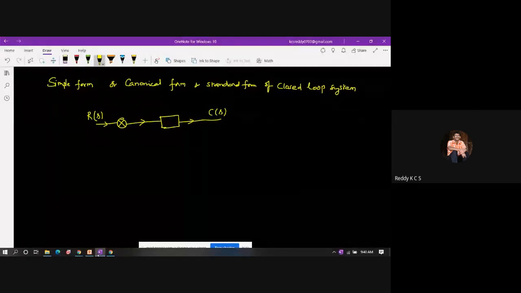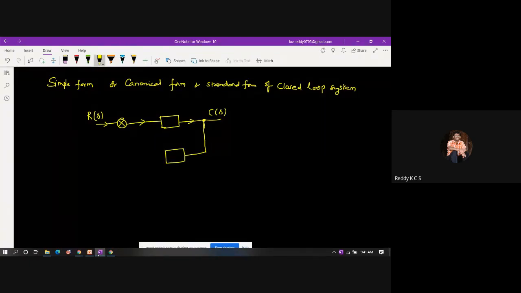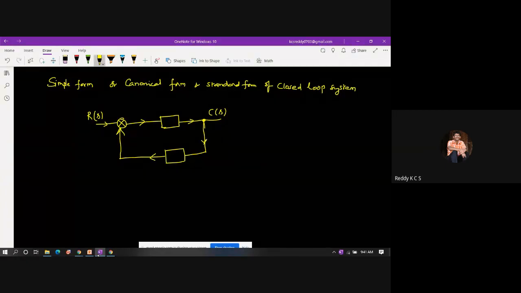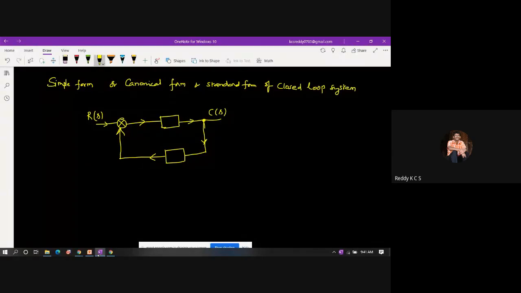and the feedback path means from this point I'm measuring the output, and that will be given back to the comparator, or error detector, to compare the output signal with the reference input. So this is called the feedback path. The direction, if you look, is that the output is measured and then given back. So there is one block in the forward path and one block in the feedback path,